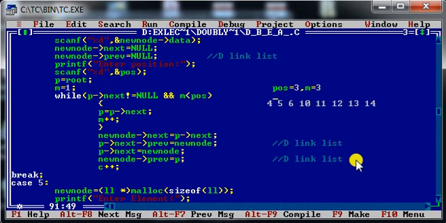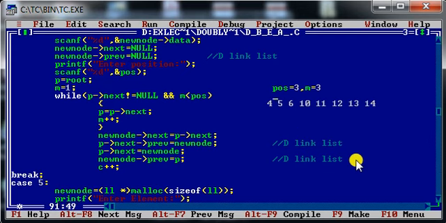Now the next case is case number 5, that is insertion of a new node before a given position. So this is also the same kind of thing, we just need to stop the traversing of the P pointer one step ahead of the previous case. Over here we stopped our P pointer by writing M less than position.